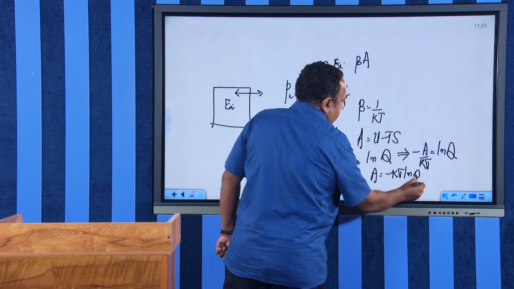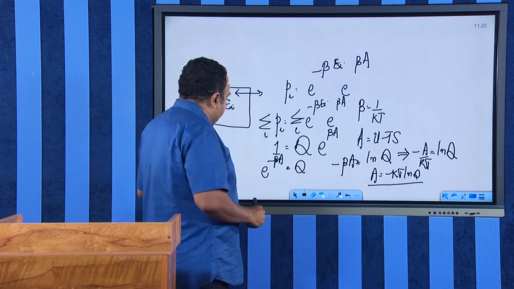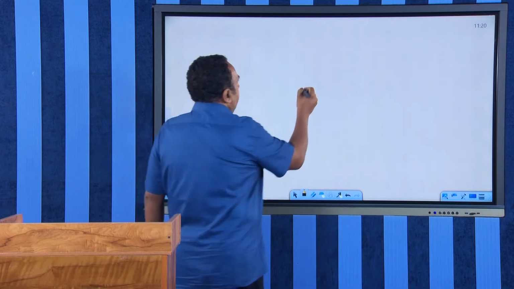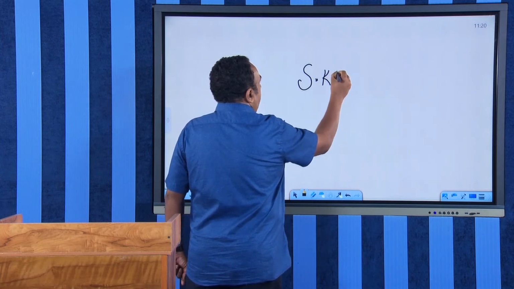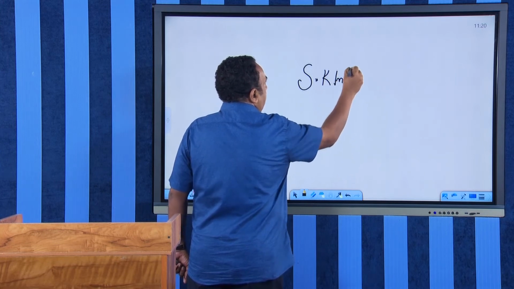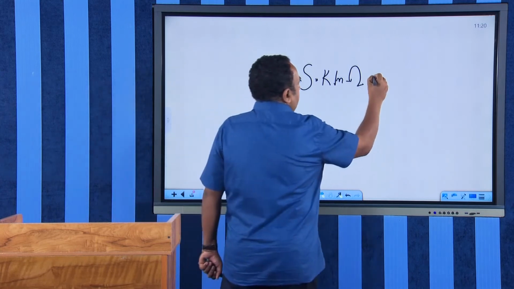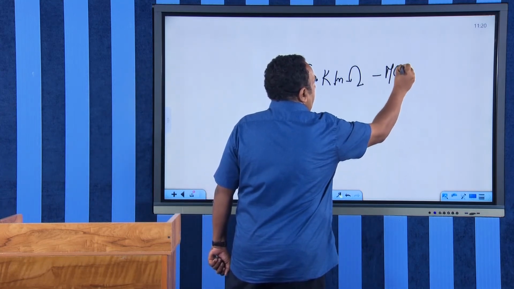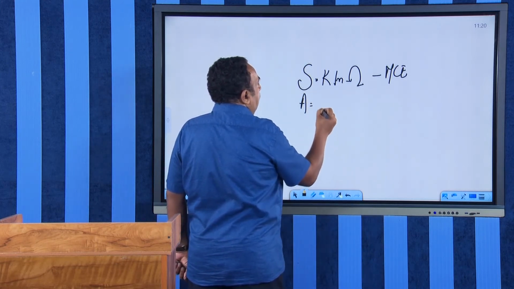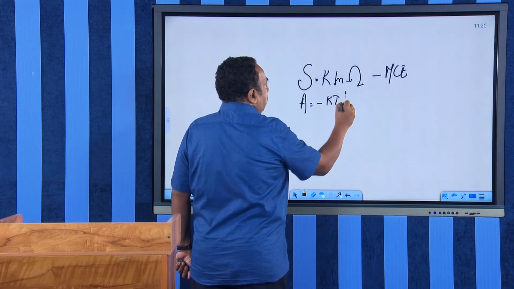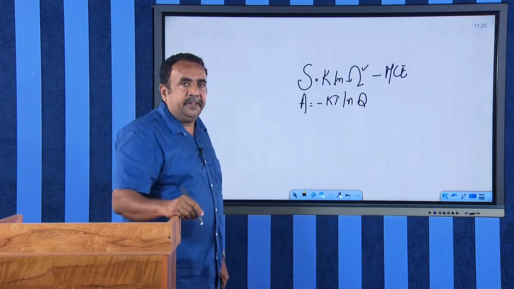Q. This is the bridging equation in canonical ensemble, which is similar to the bridging equation that you have used earlier in our microcanonical ensemble, which was S is equal to k log omega. Now, this equation was in microcanonical ensemble. Now, you have this canonical ensemble. In that canonical ensemble, A is equal to minus kT log Q. In the earlier case, we know what is omega, the number of microstates possible for the system.